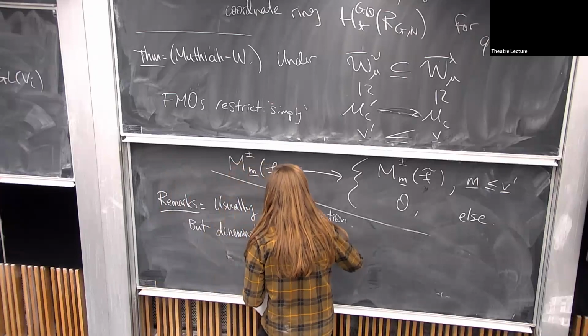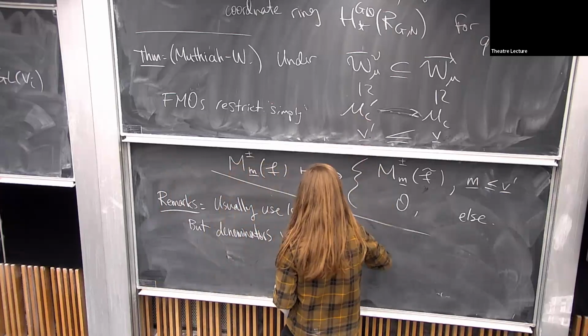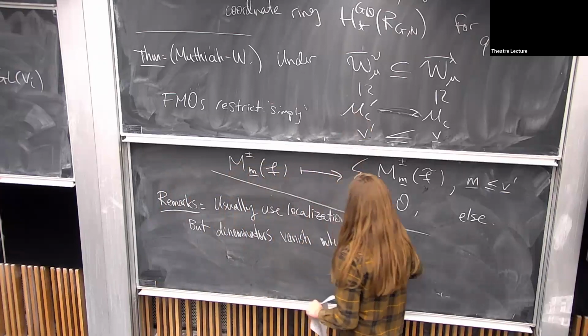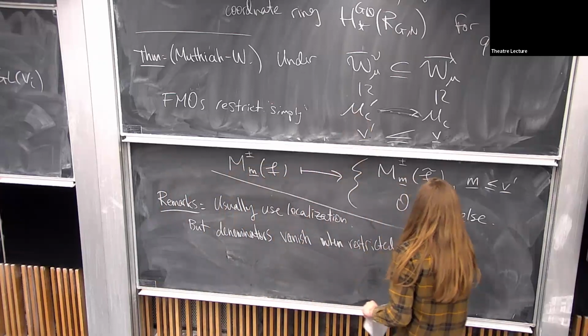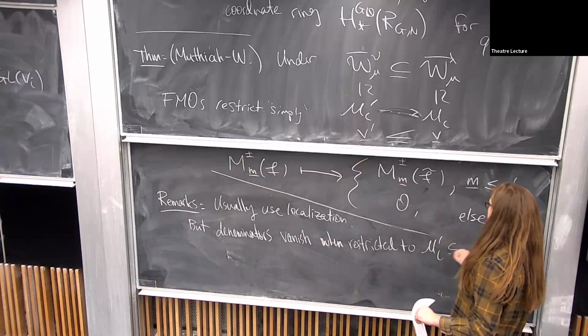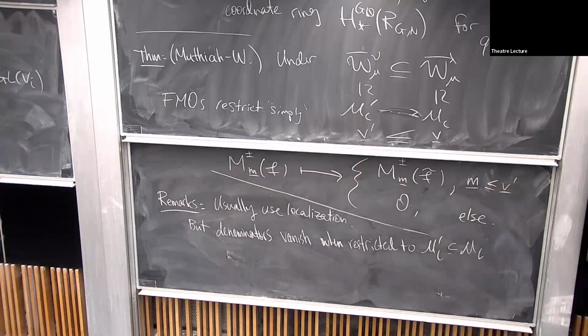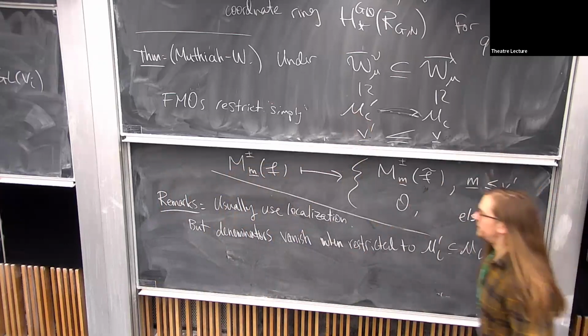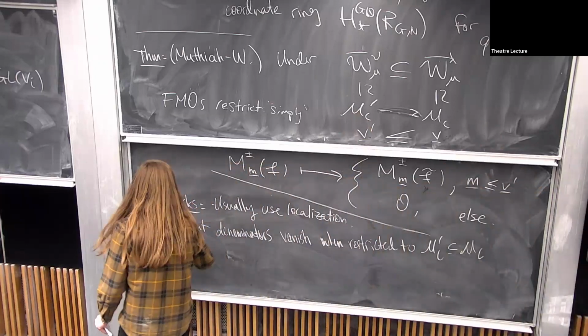When restricted to the smaller variety, MC prime inside MC. So you can't really use localization, at least not right away, to prove this sort of statement that I said. We have to kind of work around this a little bit. So the workaround,